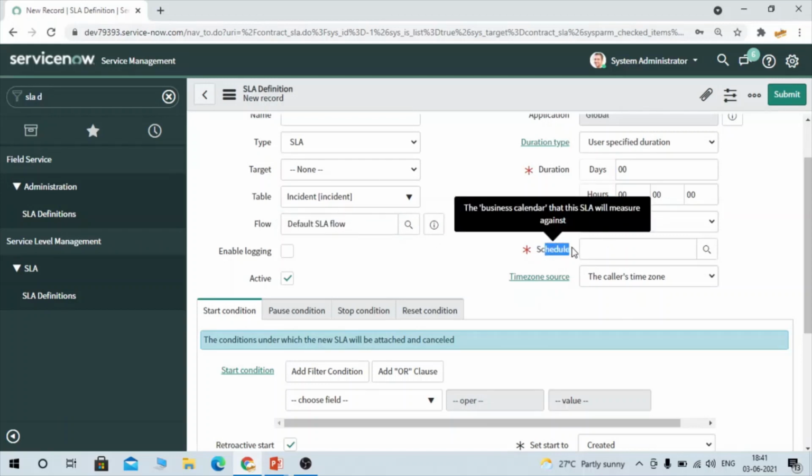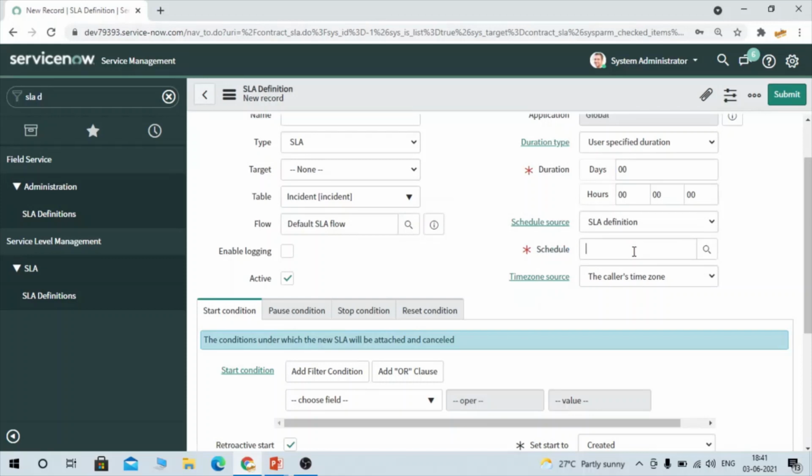A schedule, so you have to select this schedule, means when the SLA has to keep running. Like we can select 9 to 5 p.m. from Monday to Friday, or maybe you can select daily, or if there is some priority one incident, we configure a 24/7 schedule. So it is again based on requirement.